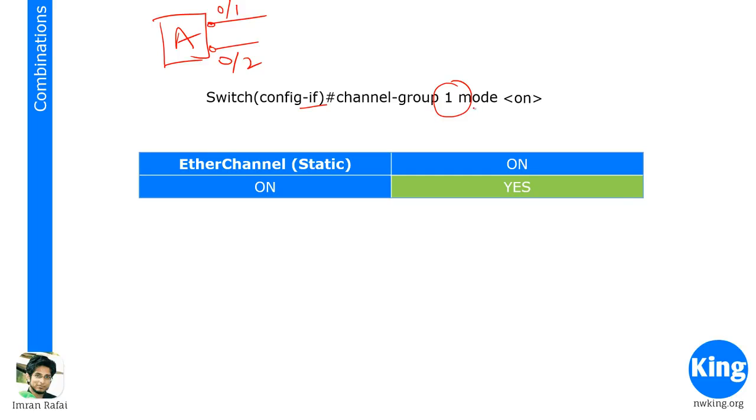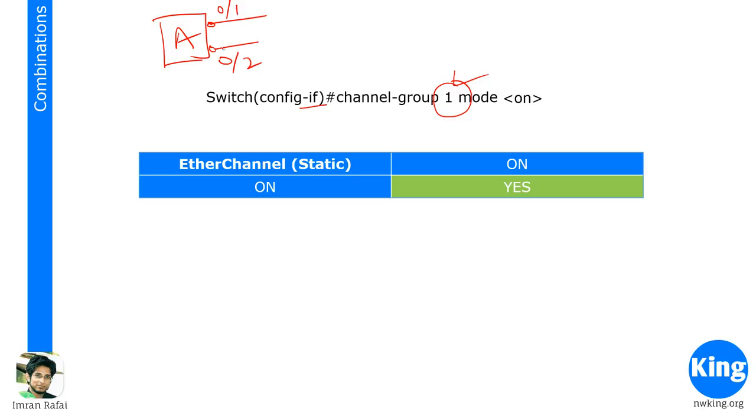And then we give the keyword mode, and we say on FA0/1. Again, we go to FA0/2. We would do the same thing, channel group 1 mode on. So basically, if you want to club these two, this number should match on both the ports, and everything else